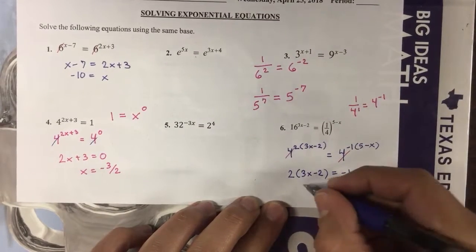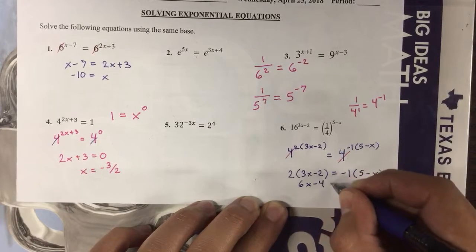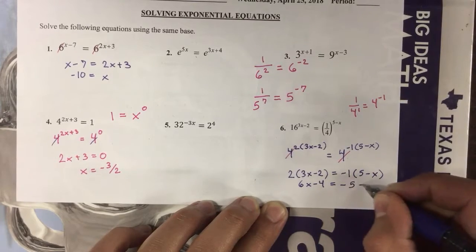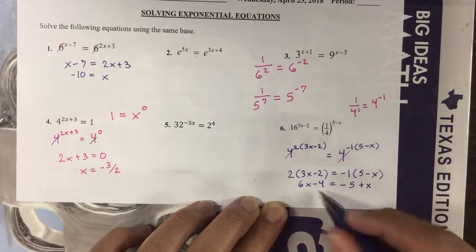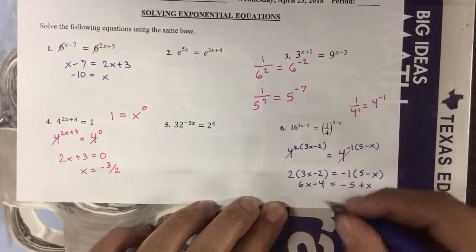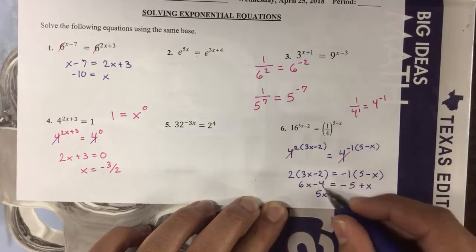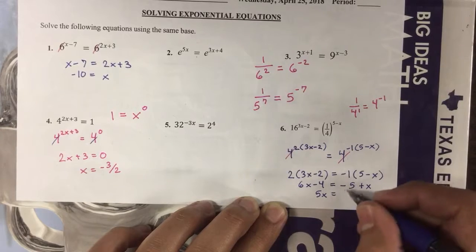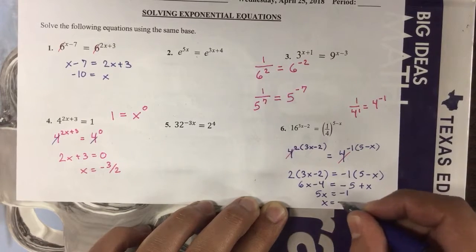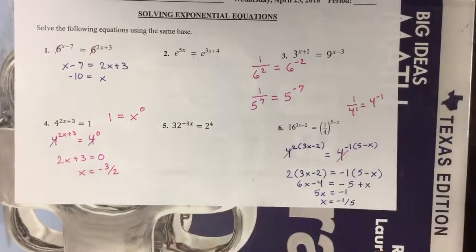So real quick, that would be 6x minus 4 equals -5 plus x. Gonna move the x over here, so subtract it, add it here, so that is -1, so x equals -1/5. Okay,